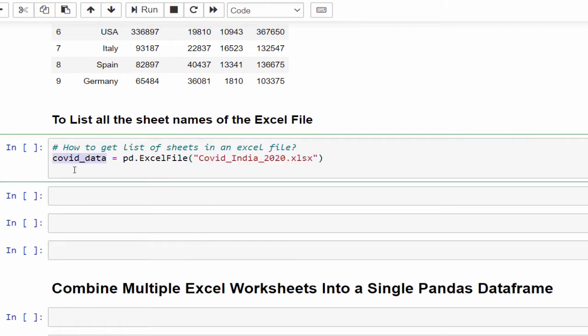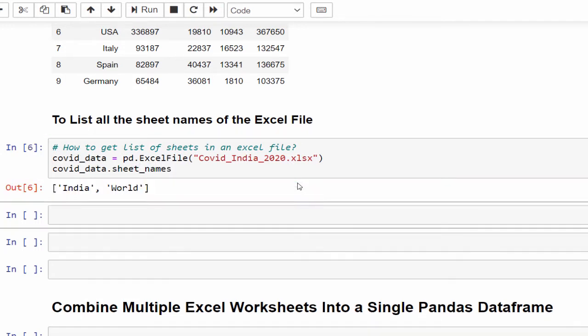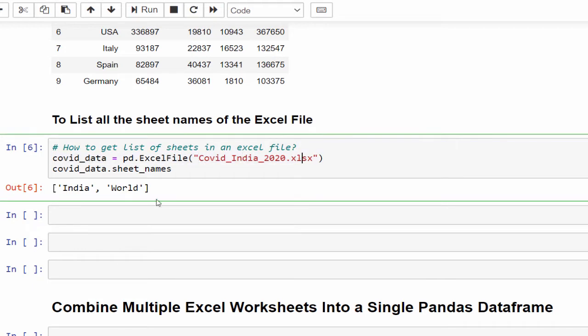Now it is assigned to covid data, and then sheet_names. In this file we have 2 sheets. It's a simple example, but in real-time scenarios we'll be working with multiple sheets. At that time these pd.ExcelFile commands will be very useful.